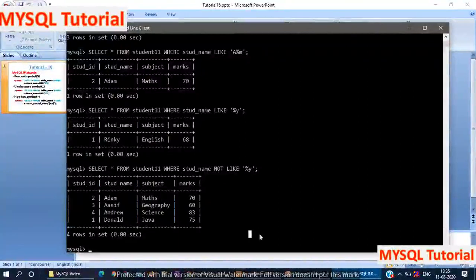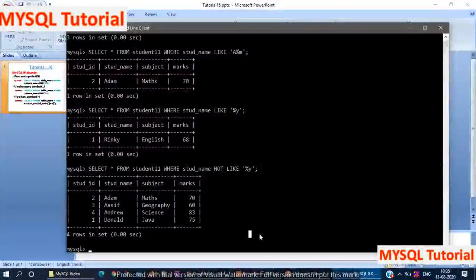Now we will move to the second point, which is the underscore symbol. We have already seen the syntax of the underscore symbol: SELECT * FROM table_name WHERE column_name LIKE, in single inverted commas you can mention any character, then underscore.